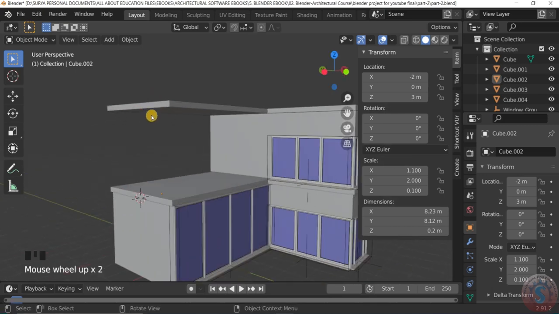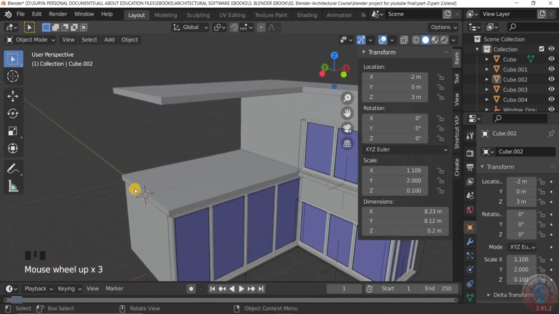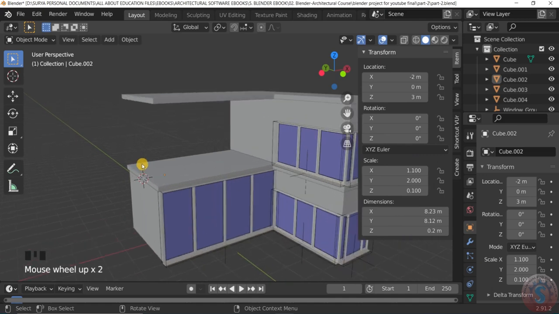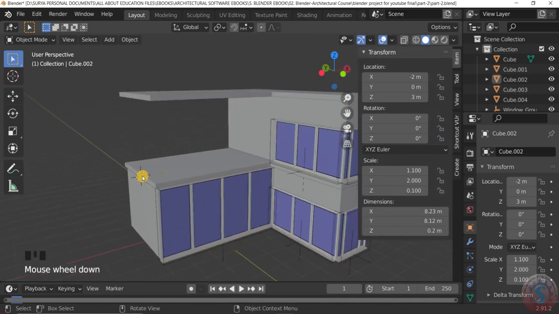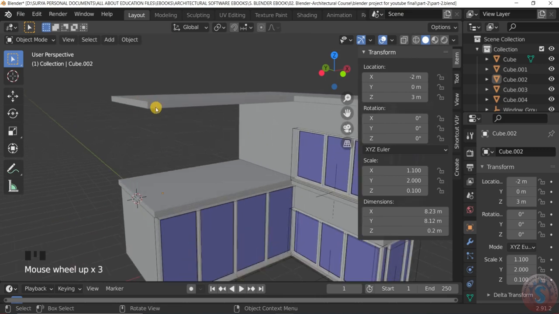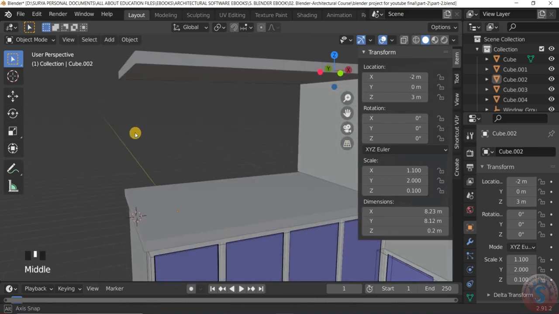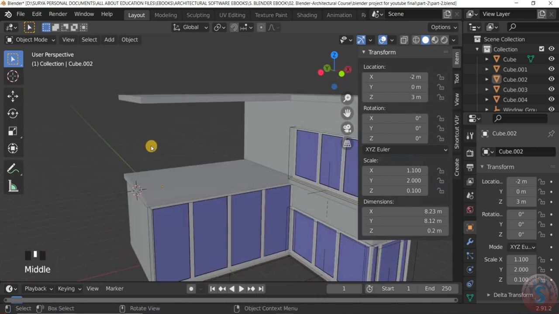prerequisite part. To create this, here also the cursor is selected only on that cursor. I want to create a cube here.